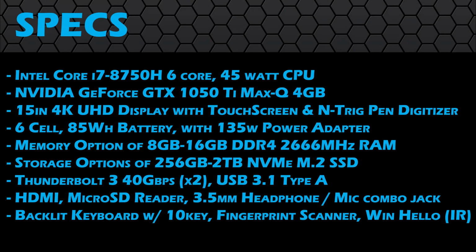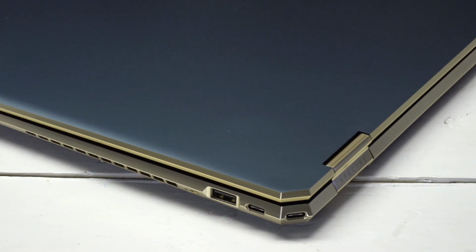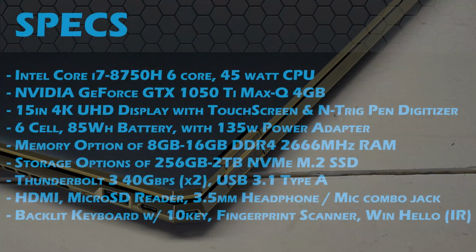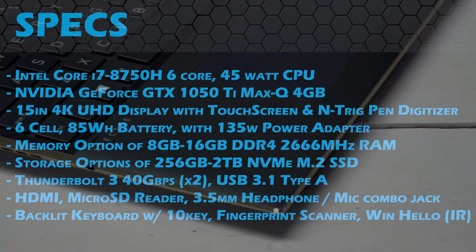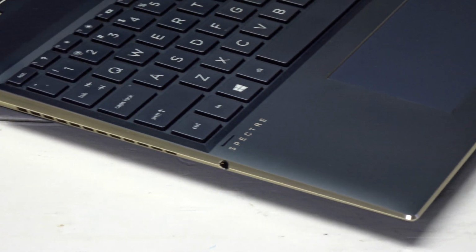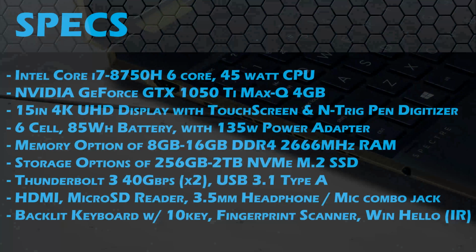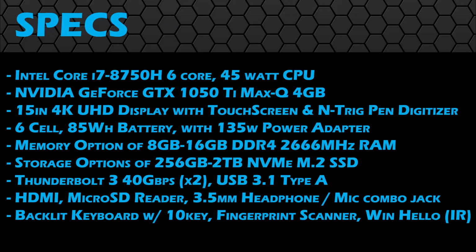Port-wise, we have 2x Thunderbolt 3 ports with a full 4 lanes, which we'll test with the eGPU later in the video. A single USB 3.1 Type-A port, HDMI, a micro SD card reader, and a 3.5mm headphone/microphone combo jack. We also have a backlit keyboard with a 10-key pad, a fingerprint reader, and Windows Hello utilizing